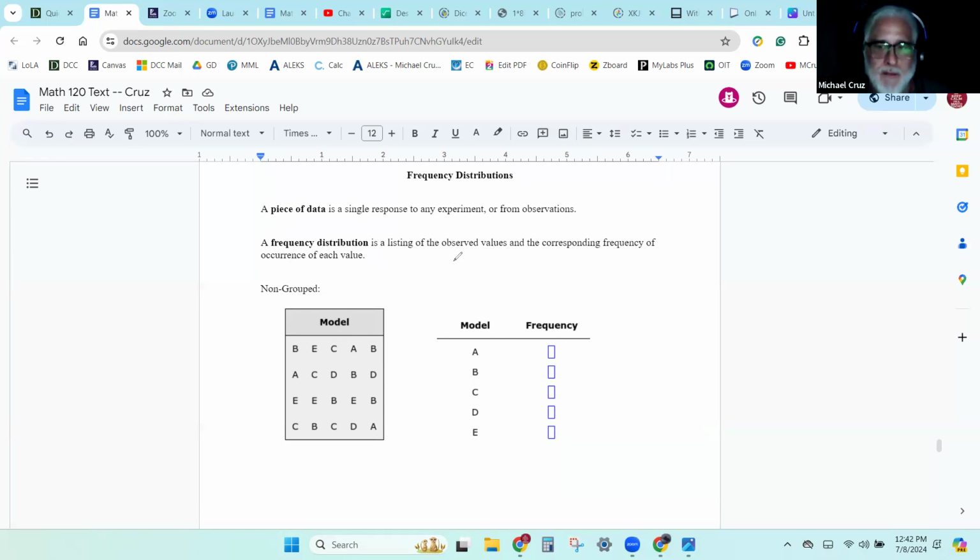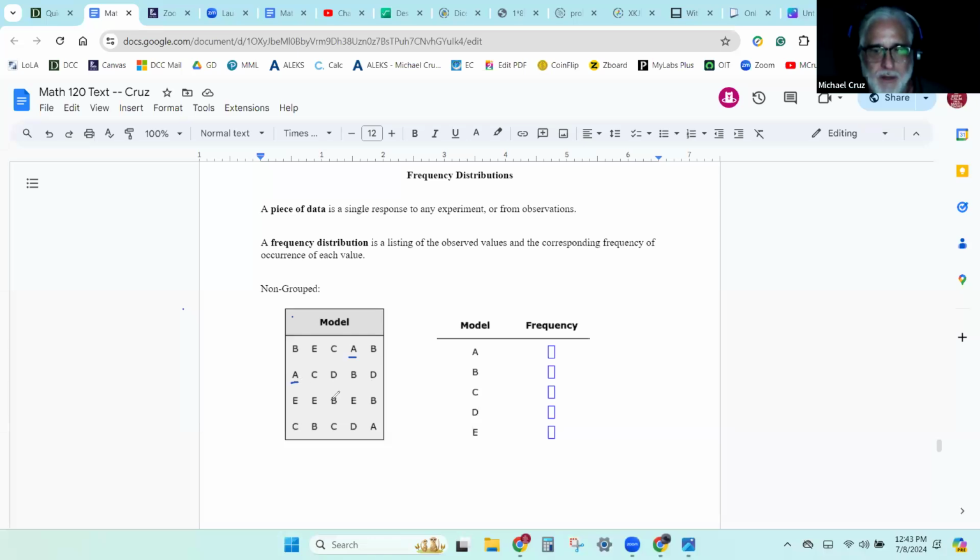Because if you notice, what this is, is just the model number of some kind of phone or something: A, B, C, D, and E. If the E had been an F, it could be like letter grades. So it's the same kind of idea. Each one of these values will fall into only one group, and they're self-grouped. They're already grouped by the nature of things.